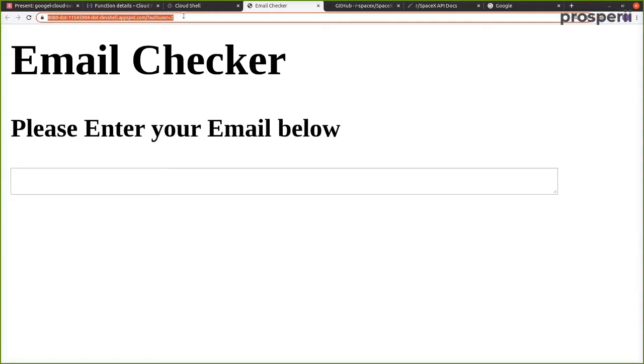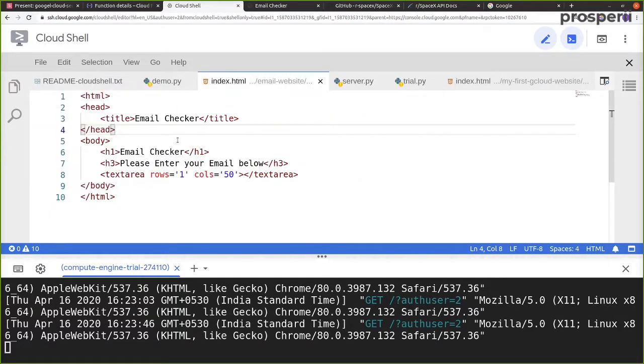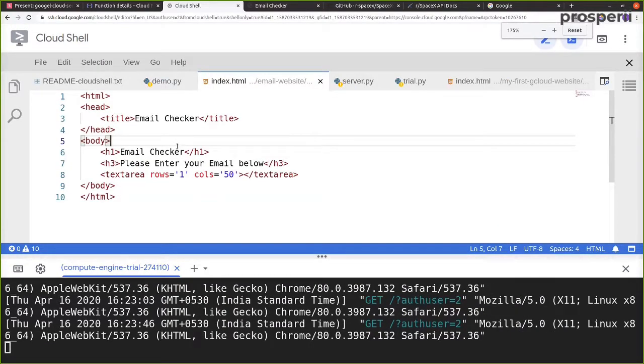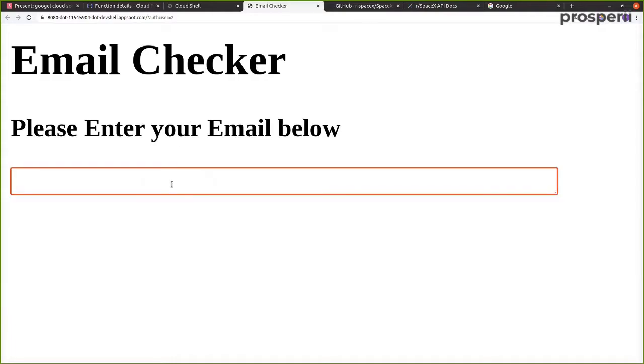So this is a way where you can use this particular environment only for development, and once you are sure of the code that you have created over here, that is when you can start deploying this particular code on the Google Cloud instance.